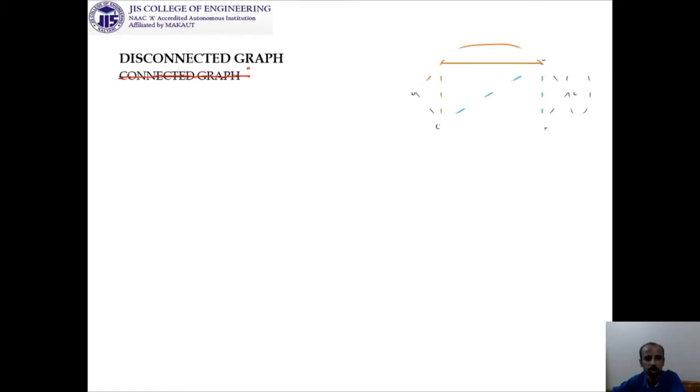So in the next slide, what we are getting, disconnected graph. So it is very much natural, and you know that in mathematics we are making it very logical, that if it is not a connected graph, then it is a disconnected graph. But we have to just make our idea on this particular thing a little bit more. So going for the next one, if we take this one, is it a disconnected graph?